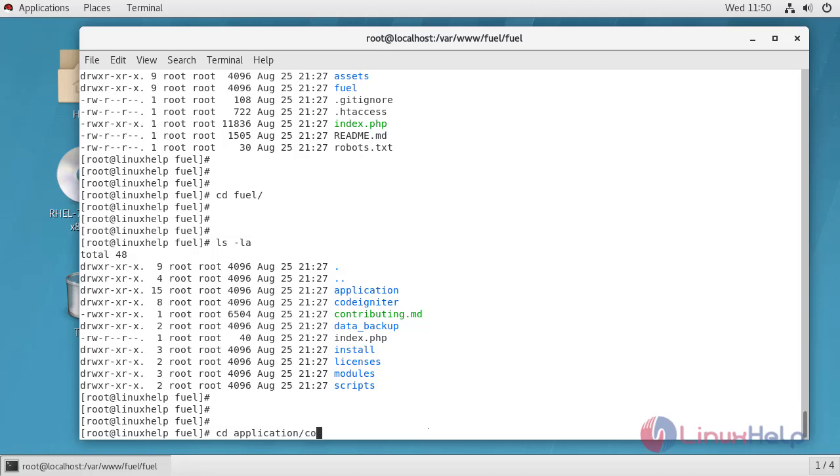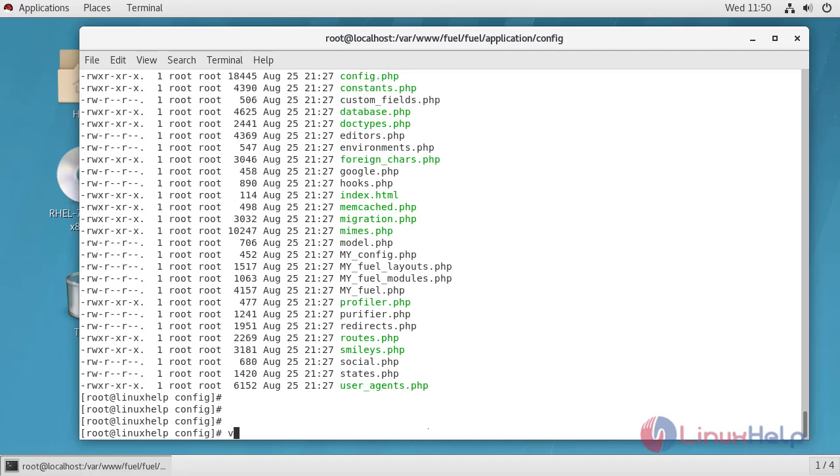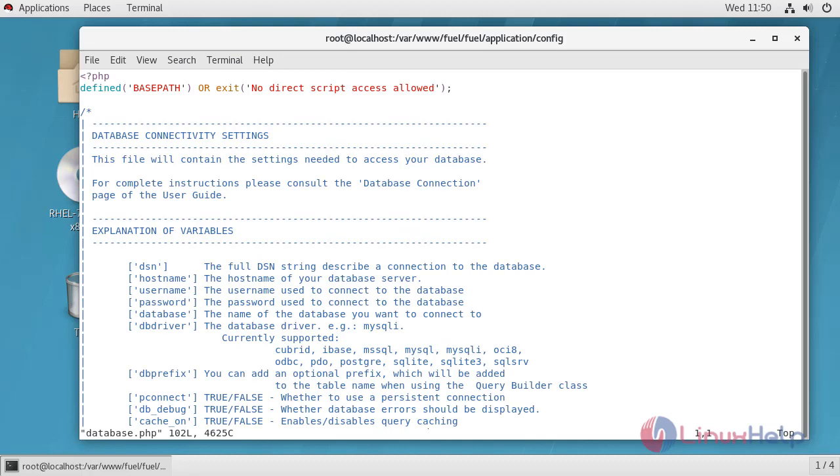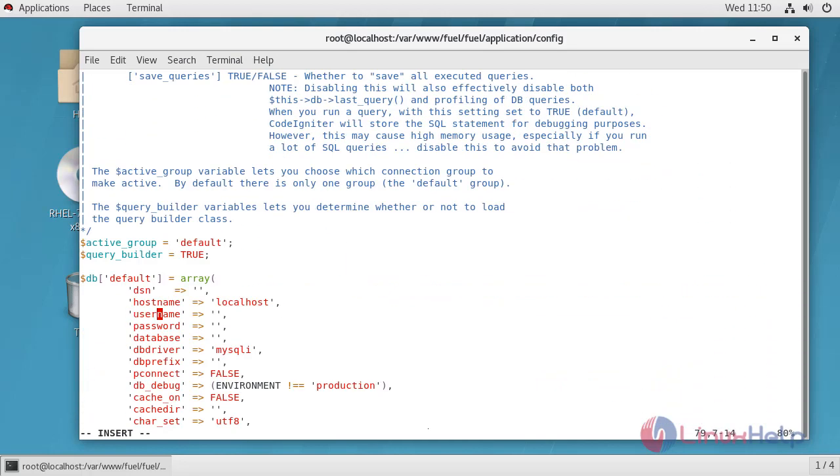Change directory to application config. Here we have to configure database.php file. Provide here database credential.